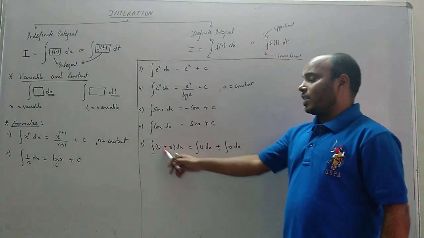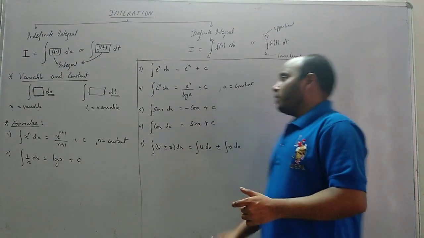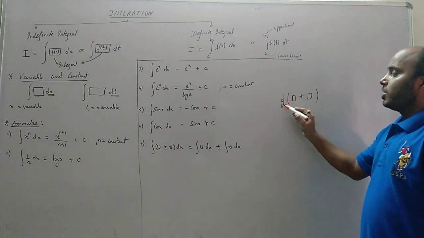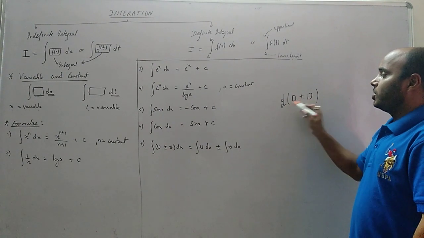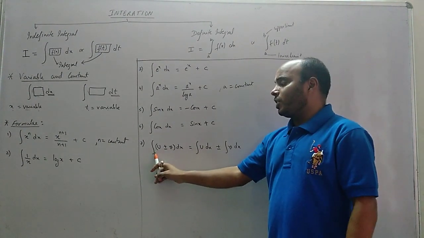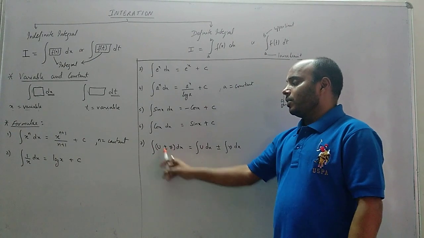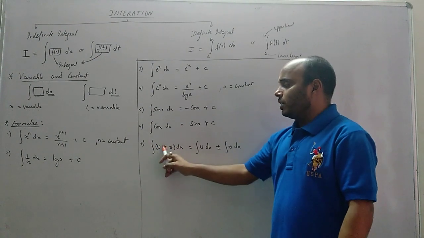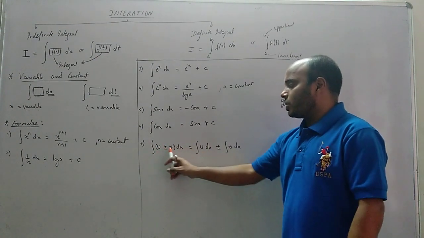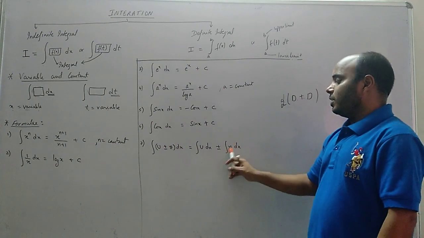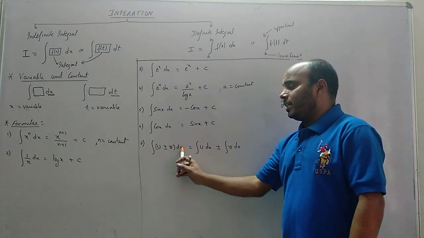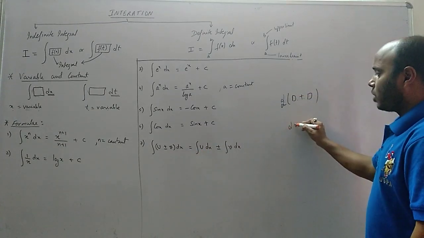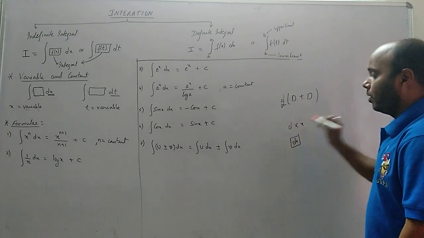Okay. Now, last one. In differentiation, whenever you have d/dx of something plus something, what happens to d/dx? It's multiplied with each term. d/dx of this plus d/dx of this. Similarly, when we have an integration of something plus or minus something, whole bracket dx, what will happen? Integration of u dx plus integration of v dx. The integration sign and the dx come to each term. Again, what is dx? dx is not d into x. It is simply dx, a single term.